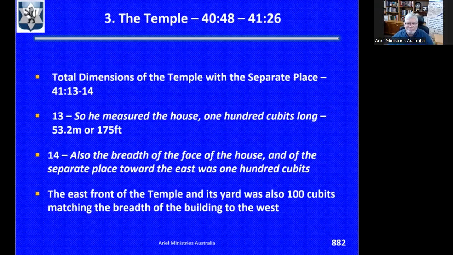Looks familiar. Okay. So again, he measured the house 100 cubits long, 53 meters. It included three things: a separate place, which is 20, building of the separate place 100. Okay. Now after dealing with the length of the temple, he deals with the breadth of it in